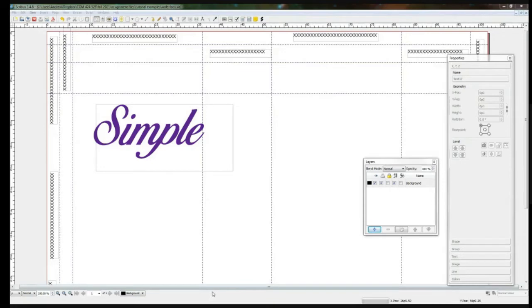In this tutorial, we're going to talk about using layers to place objects on your page. Now, we don't have a lot on the page right now. We just have our bleed markers, and then we've got one text frame right here. But as you go on, you're going to be adding more and more objects onto the page, and the reason